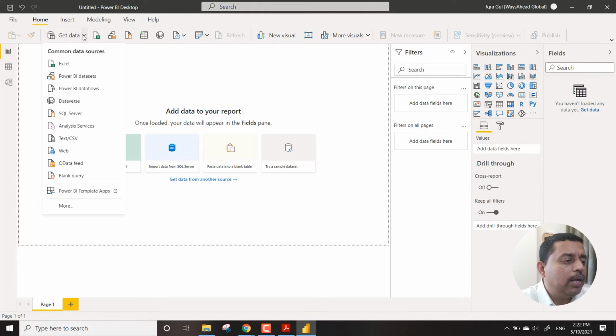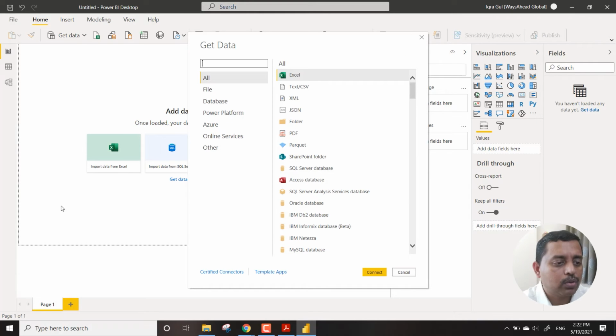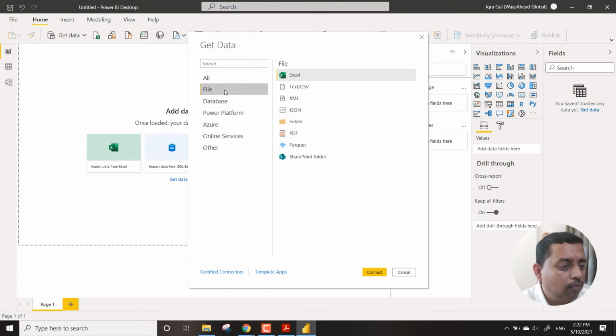Talking from the perspective of get data, if you don't find your data source over here, you can always go to this option called more, and it will open up a complete bigger list of data sources. Starting from file, where you can connect Power BI with text, CSV, and even a folder, PDFs, and a SharePoint folder as well.